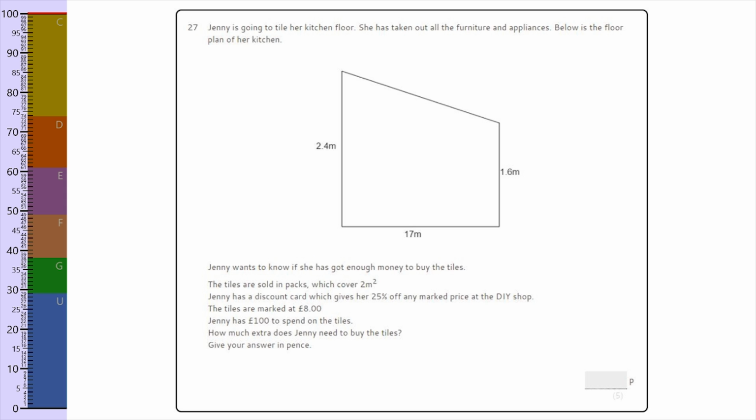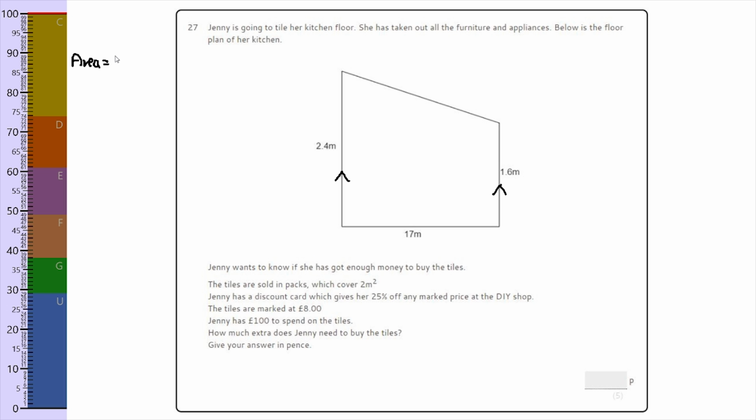Okay, so this is a more problem-solving question that probably a lot of you are dreading at the moment. There's nothing to dread. If you understand the maths, you will be fine. First thing to notice in this question is that it is a trapezium. A trapezium is a quadrilateral, a 4-sided shape with 2 parallel sides, which you can see these 2 are parallel. The formula for working out the area of a trapezium, which we need to work out,